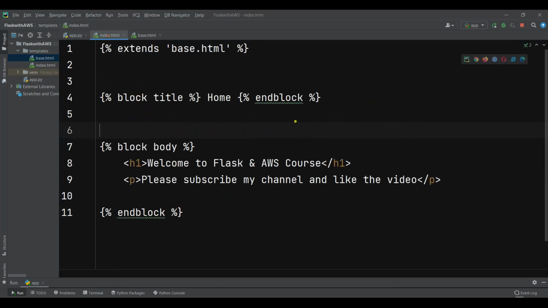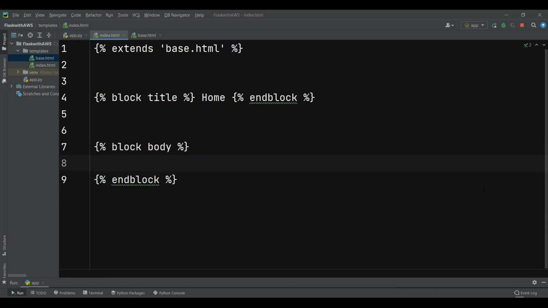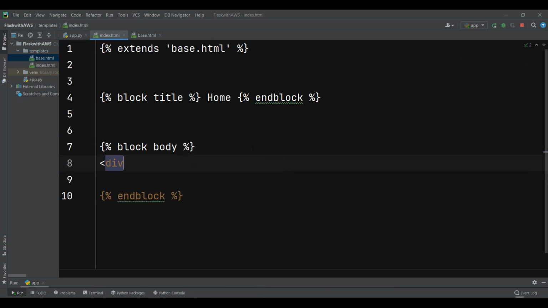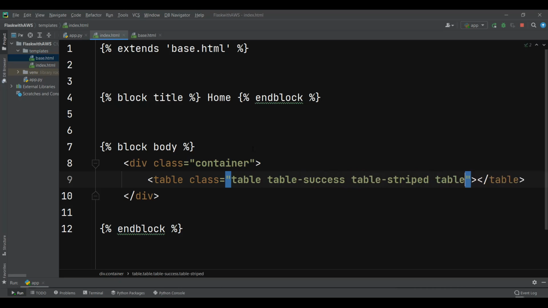So I'm going to open my index.html, and I don't want this text because now I want to use the data from my database. So we need to use some Bootstrap styles. For example, first we are going to create a div with class container, and after that in here we are going to create a table, and I can give it a class. So these are Bootstrap classes that I'm going to use, and also I can add table-striped, and it should be table-hover. Okay,